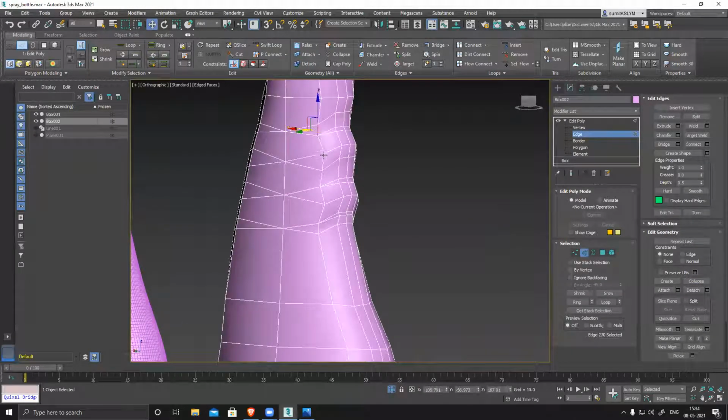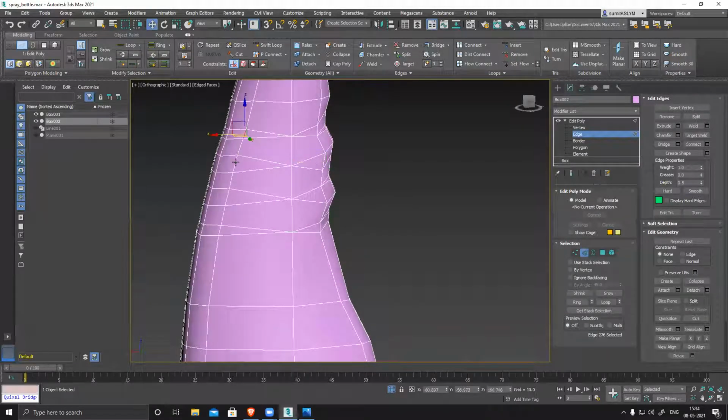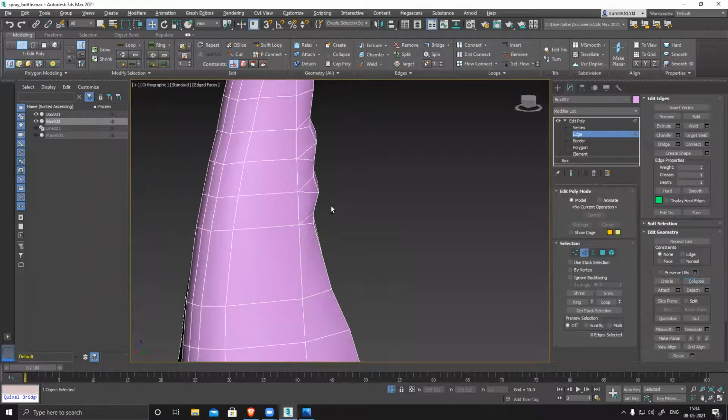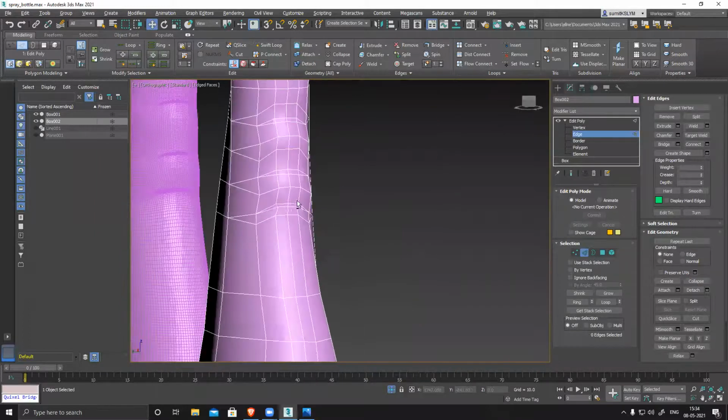If I remove this, it will create a problem. Select this and this one, click on ring, and collapse. So I have reduced a lot of polygons here.